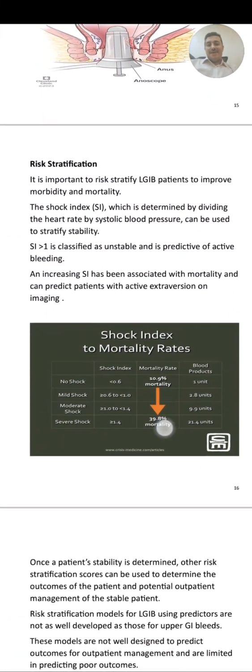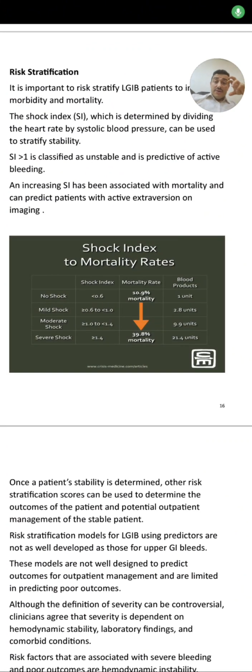Risk stratification. Risk stratification is like asking yourself how dangerous or serious my patient's status is. We will see this will guide us toward the morbidity and mortality of the patient, how I can manage the patient, what is the appropriate radiological investigation, and whether I can manage the patient in the ward, as an outpatient, or in the intensive care unit. The first question to ask yourself is: